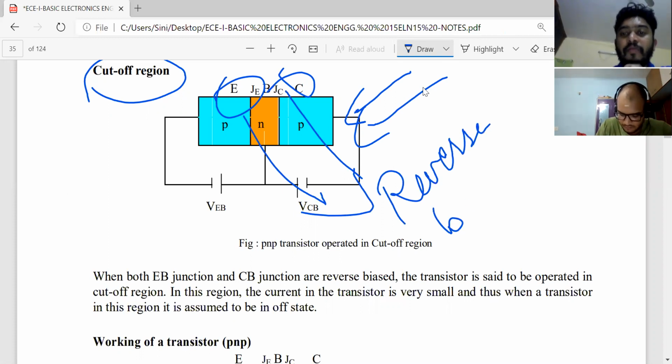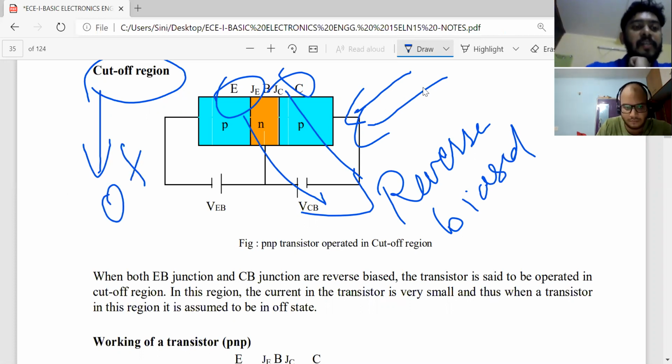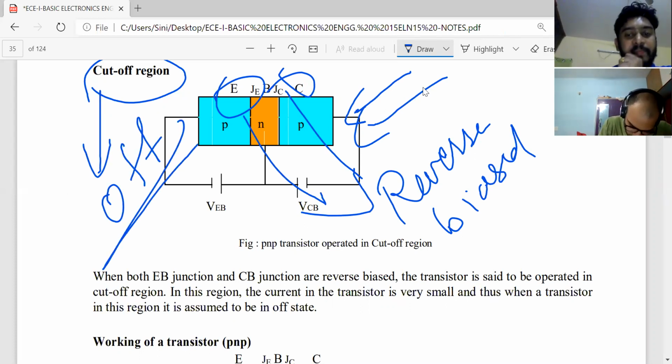Cutoff region means the transistor is in off state. The current in the transistor will be very small. It's off. Whenever the emitter and the collector, with respect to the base junction, are in reverse bias, the transistor is said to be in cutoff state or cutoff region.